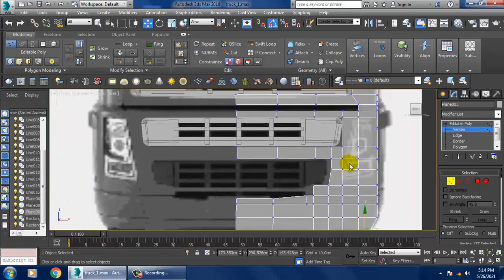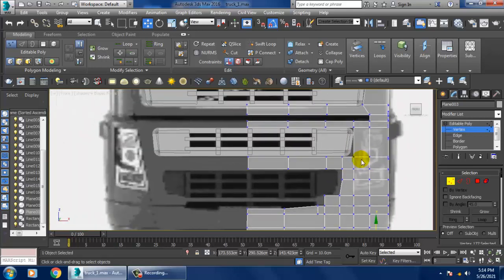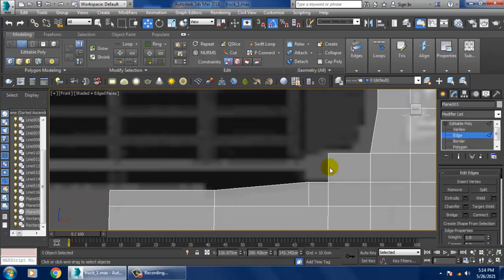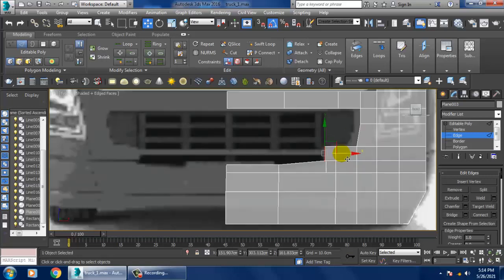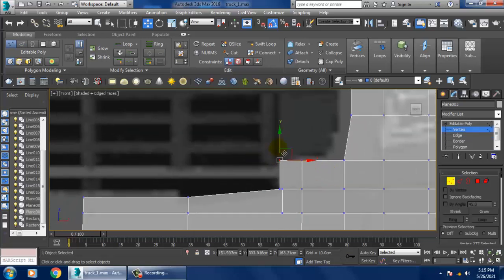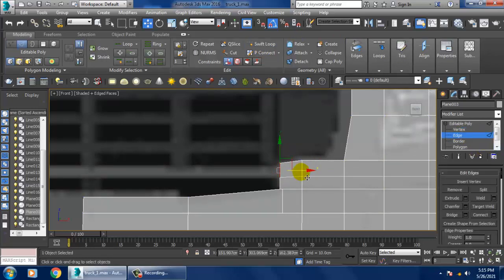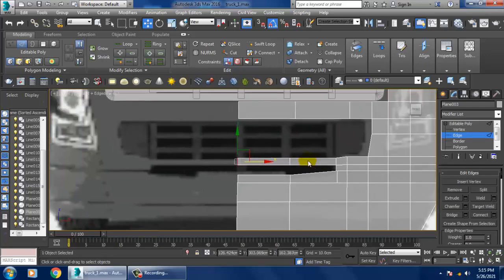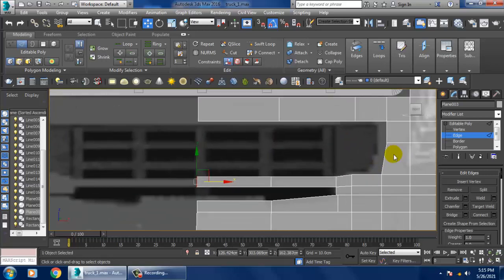So let's again go to the front view over here, and again I'll take this edge part. I'll put one loop over here, select these edges and just make a duplicate of it. That's it.